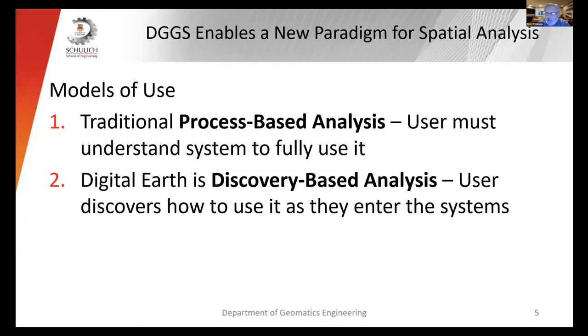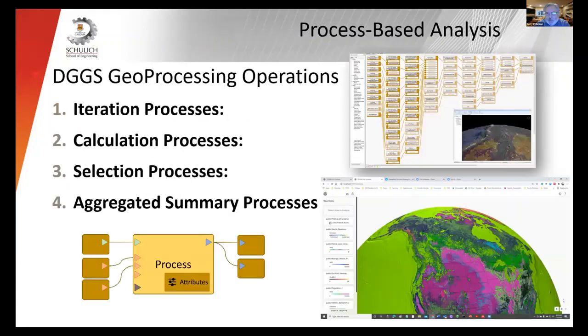I'll just review that a little bit and how that works in a DGGS, because we're not throwing away process-based analysis with DGGS, as David and Erin have also shown. But I also want to introduce a new way of thinking of spatial analysis, more as a communication model as opposed to an analysis model. And I call that discovery-based analysis. And that should be our end. We'll end on that vision.